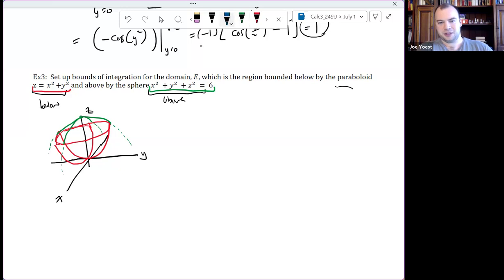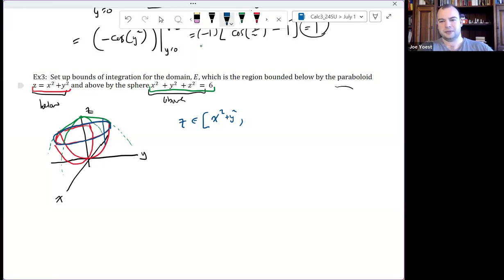And I see that there is an intersection along what looks like this circular area here. Okay, so the first thing I notice is that I can slice along Z first. I see that Z is between the paraboloid on the bottom part and on the upper part,